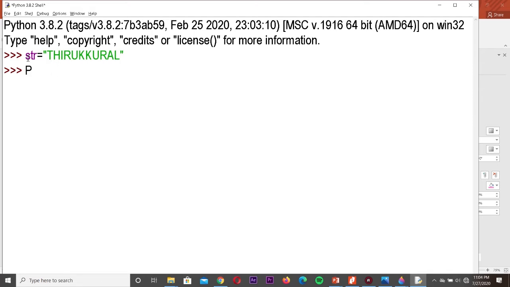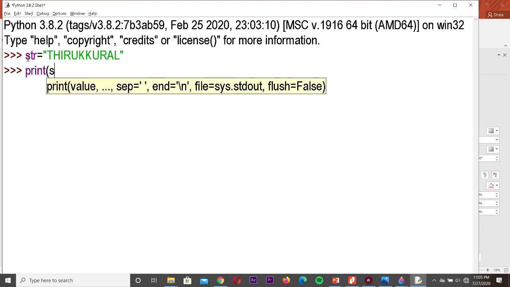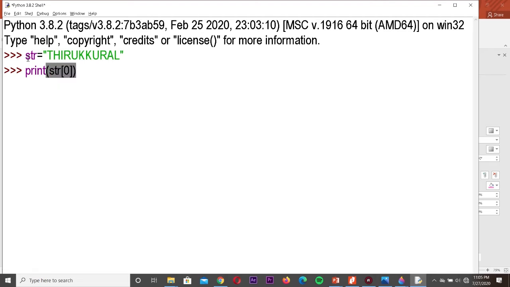First one, print str square bracket. The slicing should be given by using the square bracket. I am giving only 0. Close the parenthesis, and you'll get the output T.